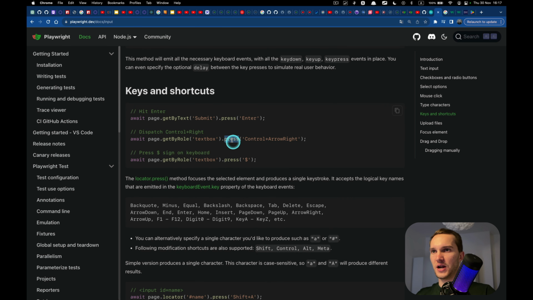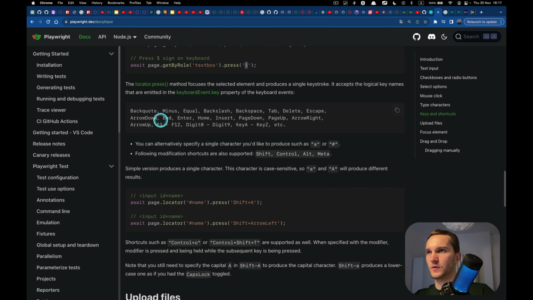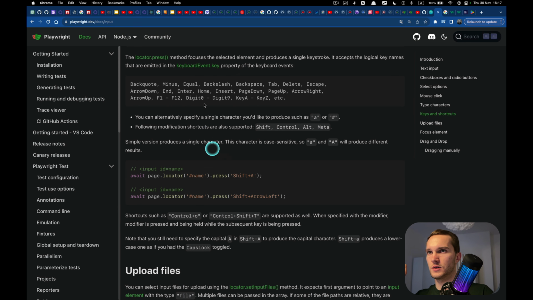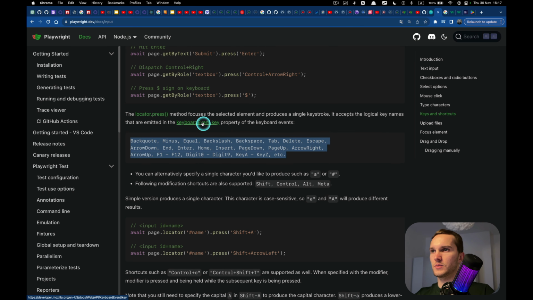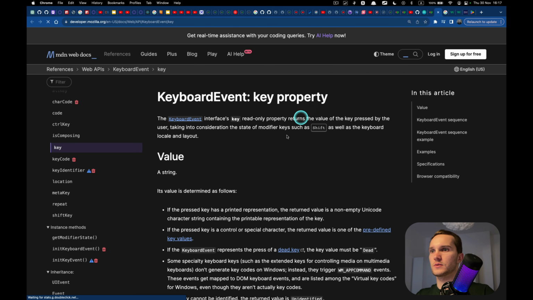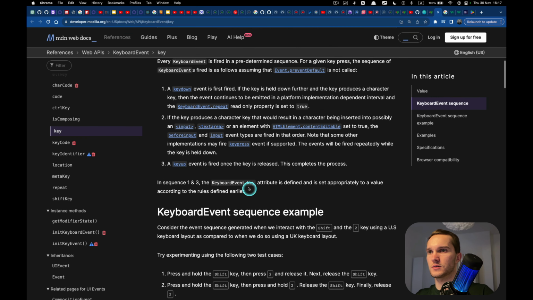Then press. Press is just pressing some keyboard key, like Enter, Control plus ArrowRight, whatever. You can find all the keys somewhere in the docs. Most of them are here, but you can find all of them in the docs, under keyboard event key property.